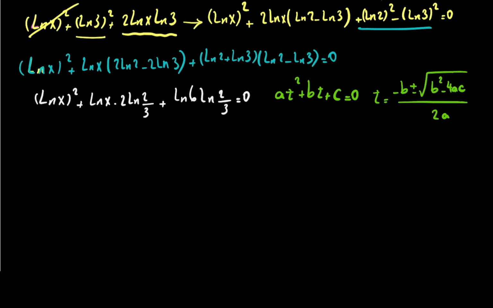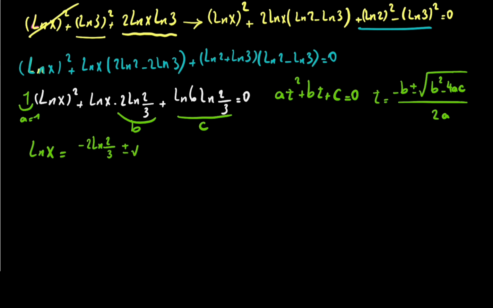So in this equation, ln x will be equal to minus, let me write it, for example, for you if you don't know, this is c, this is b, and a is equal to 1, so we don't write this. ln x will be equal to minus b, so minus 2 times ln 2 over 3, positive